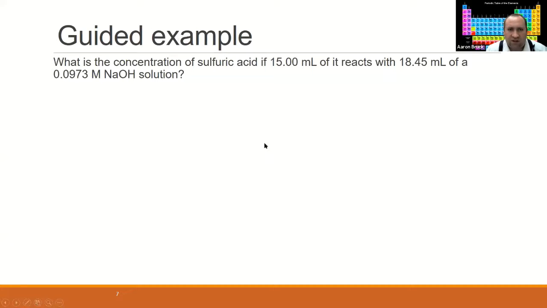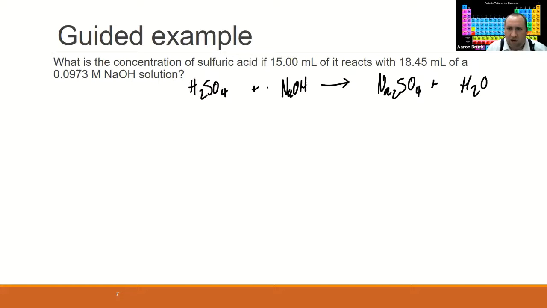So let's take a look at a couple of examples. What is the concentration of sulfuric acid if 15 milliliters of it reacts with 18.45 milliliters of a 0.0973 molar sodium hydroxide solution? So the real trick here is we've got to start with a balanced chemical equation. Sulfuric acid reacts with sodium hydroxide to make sodium sulfate and water. Now, from the balancing standpoint, I'm going to recognize that I need 2 sodium hydroxides and 2 waters to make this balanced, which means that